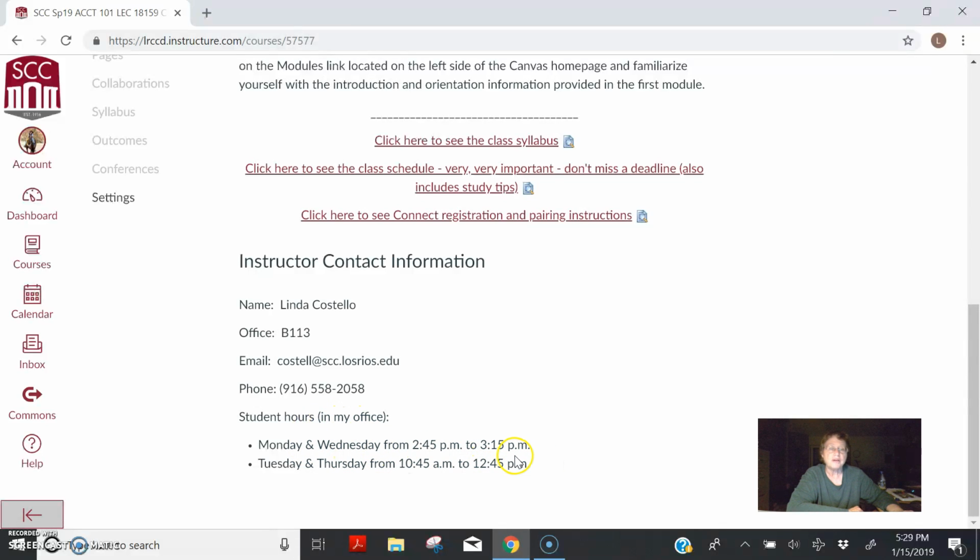There's only about 5 hours a week. However, I want you to know that I am available to students a lot more than these student hours in my office. I check my emails multiple times a day. I do check them over the weekend. I try very hard to get back to students within 24 hours to answer their questions or provide guidance. That might be a little slower over the weekends, but for the most part, you can hope to hear from me within 24 hours after sending me an email.